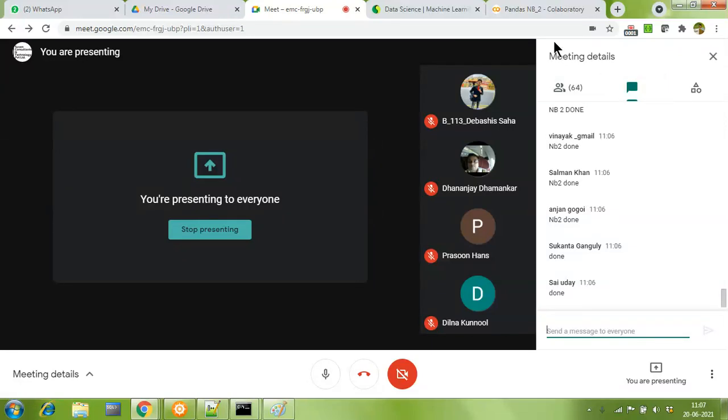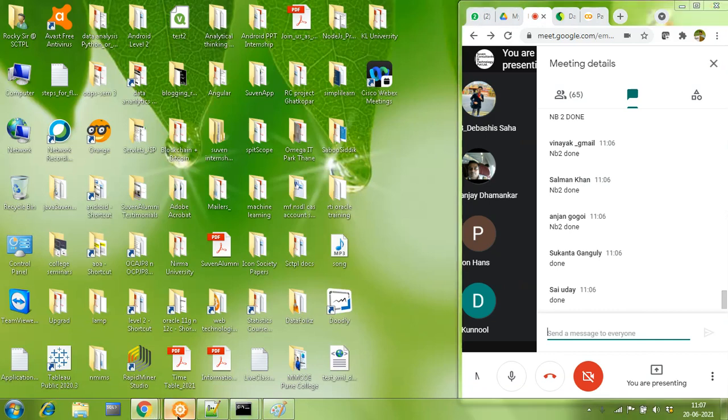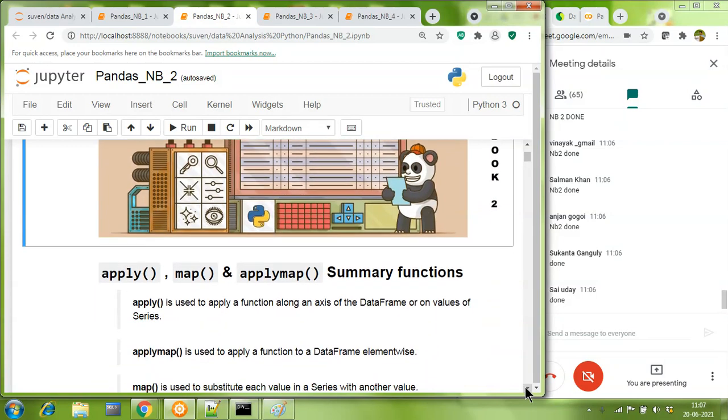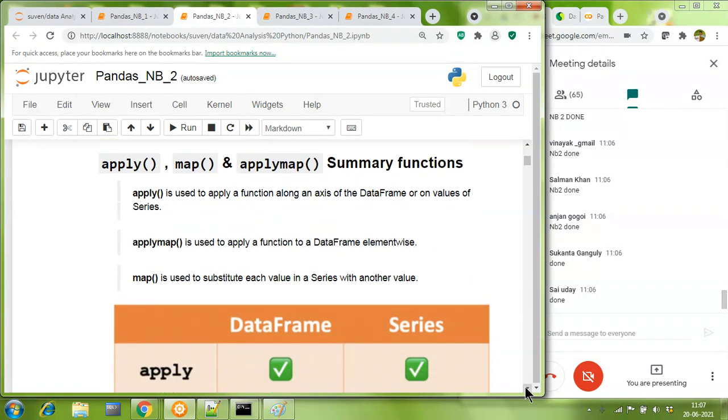Well, time has come that we move into our Pandas notebook 2. So we are now into our second session of our boot camp. First session got over at the first notebook. Although we ran overtime, we got delayed by about 30-35 minutes. But don't worry, we're going to cope up that 35 minutes of delay in the next three sessions of the boot camp. Great. So our Pandas notebook 2 is teaching us in depth the difference between apply, map, and applymap.